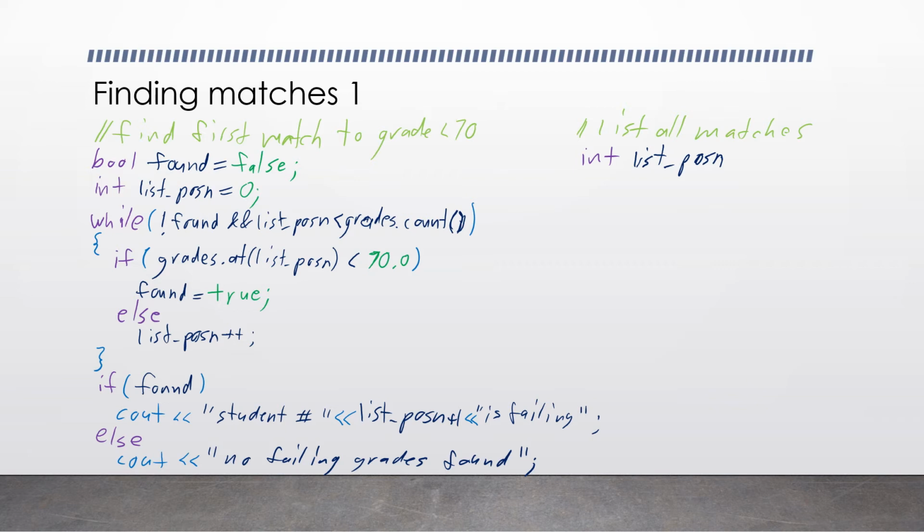So for this, we can use the enhanced for each loop. Okay, in C++, that looks like this. For, I have to declare it, double grade colon grades. Okay, works the same in Java. In C#, it would say for each double grade in grades. Okay. Then we're going to